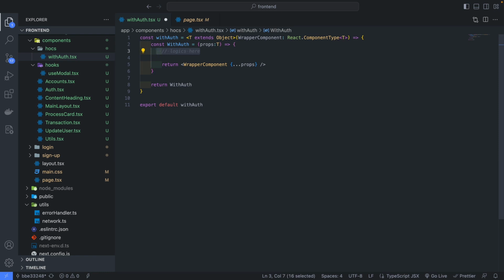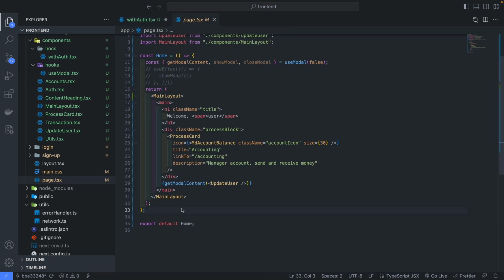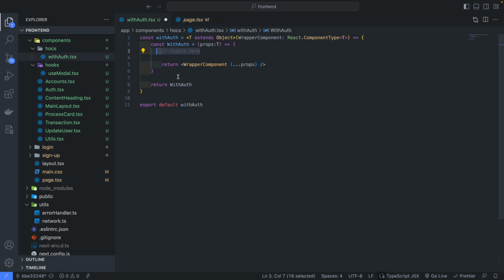So the next thing here is to have our logic. Again, this HOC is meant to wrap our authenticated pages. So in this case, the dashboard needs to be authenticated before you can access it. What that means is, if you try to access these components, which we have here, and you are not authenticated, it would redirect you back to the login page. So how do we verify if you're authenticated or not? The basic way we want to know this is to know if we have your authorization token on our